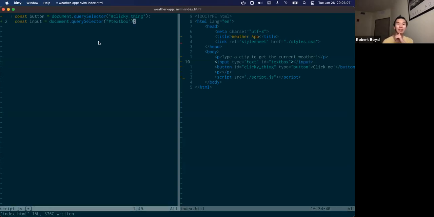So great, we have our button, we have our input. The other thing we're going to need is some kind of handle to this empty paragraph here. So I'm going to call this output. All right, so now this button variable here is a direct way to access our button. Our input is a way to get our input. Our output is a way to get our output. We have all those things. That's good. Let's first play around with the button,